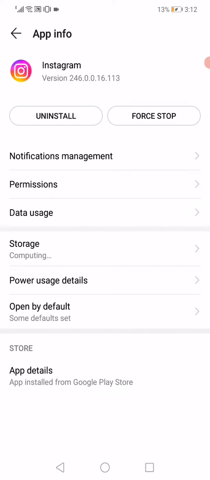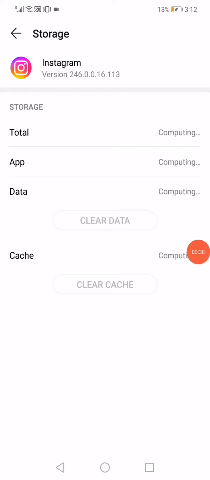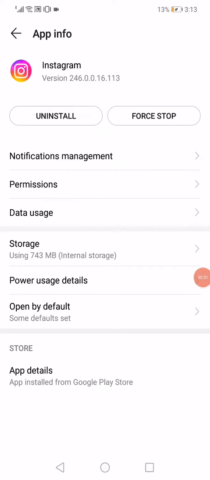Click on it, click on this force stop option, and then go to the storage and wait a few seconds, it will start computing. And after that, click on this clear data option, and then click on clear cache and go back. And now all what you have to do is just restart your phone and reopen Instagram, and the